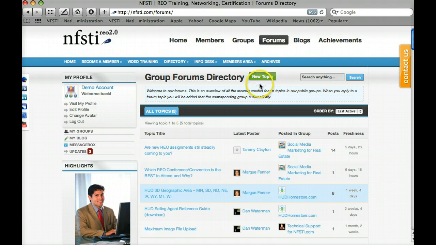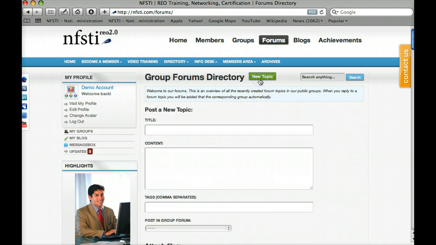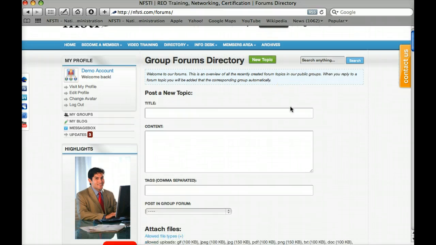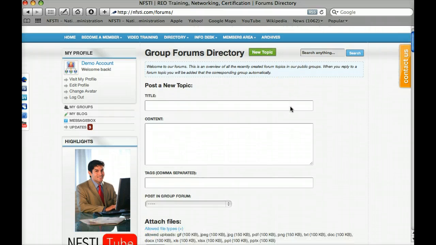Let's talk about creating a new topic. Let's start by hitting this green button. You see that a drop-down popped open, a post topic field here. So let's go into title, and we're going to call this a demo post for tutorial. And under the content, I'm just going to write, this would be where you would post the talk